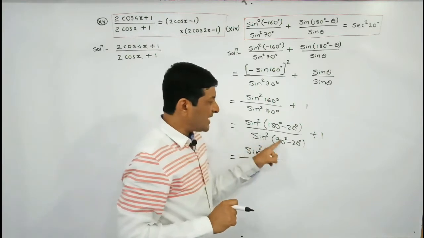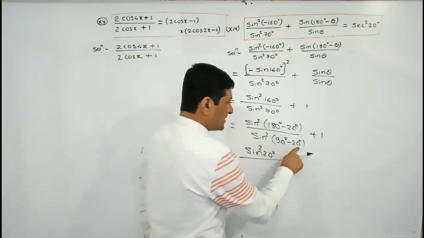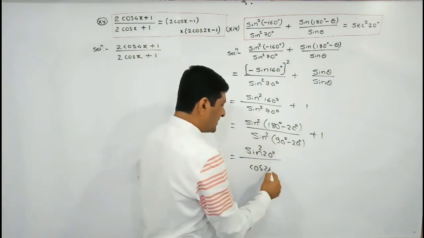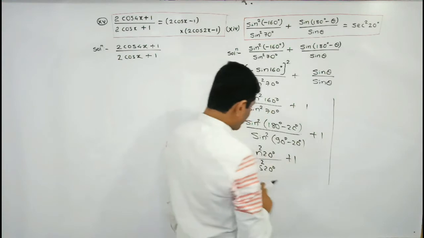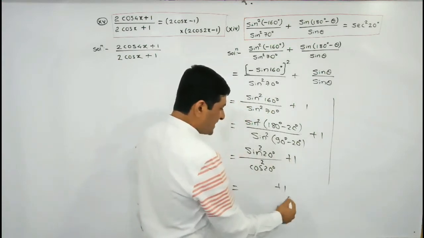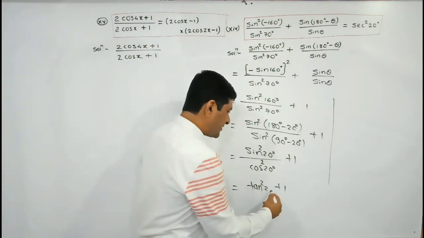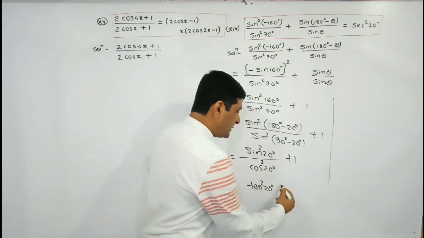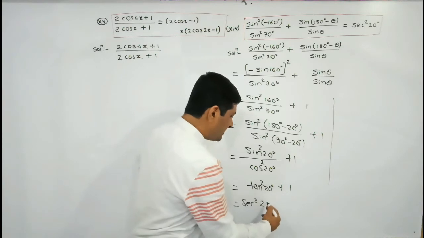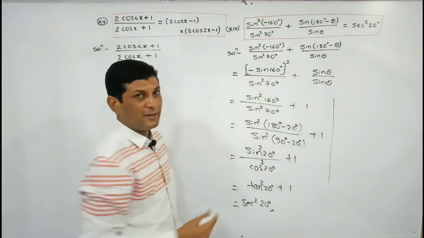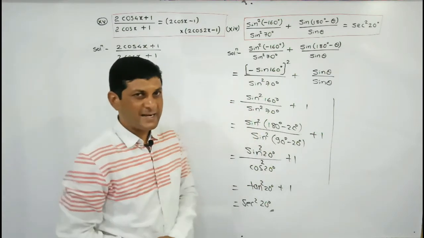Observe the denominator: sine 90 means pi by 2. If the first term is pi by 2, sine will get converted into cos theta. What is theta? 20 degrees. So its value is cos 20 degrees, and keep the square as it is, plus 1 also as it is. So this is equal to, keeping plus 1 as it is, sine square upon cos square, which is tan square 20 degrees. And we have one identity that 1 plus tan square theta will be equal to sec square theta. What is theta here? 20 degrees, and this is nothing but our required right hand side. So in this way, using the left hand side, we have got our required result, the right hand side.